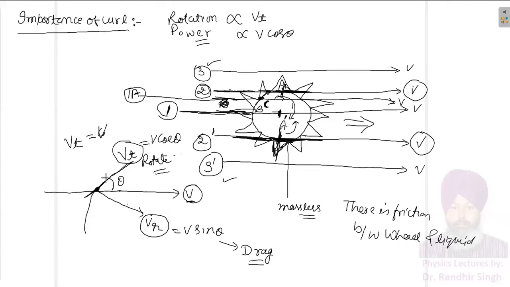Now, because this is a circular wheel, every small part of the wheel can be taken as a small straight line segment. If the wheel is rotating like this, you can take this to be a small straight line segment and this to be a small straight line segment. If we divide the wheel into smaller parts, each part individually acts as a straight line segment. I can call it dl, but the overall effect is not a straight line, it will be the boundary of the wheel.